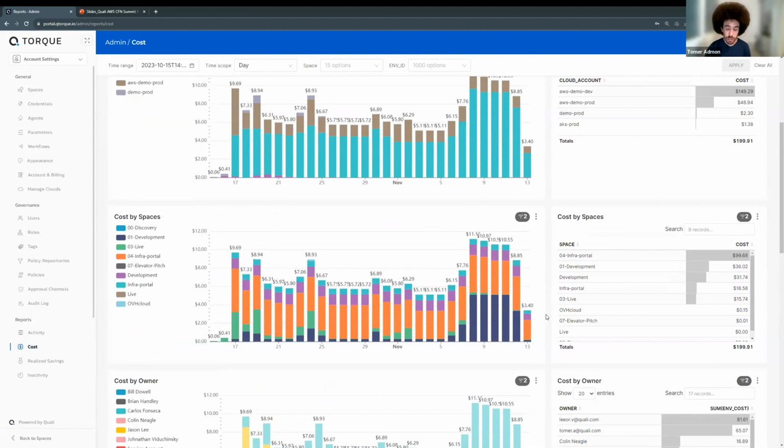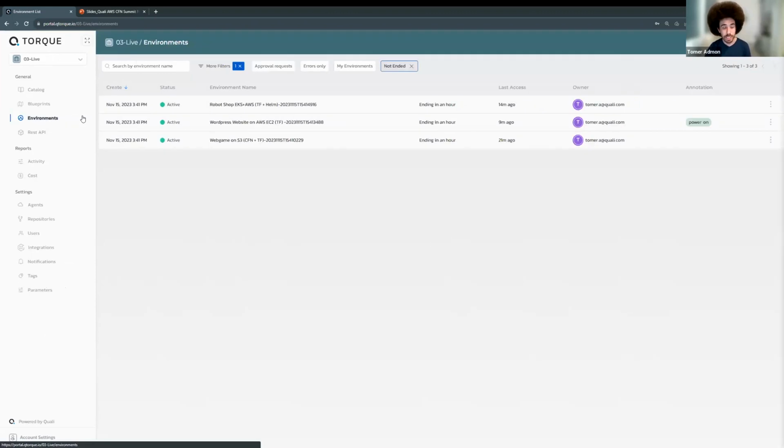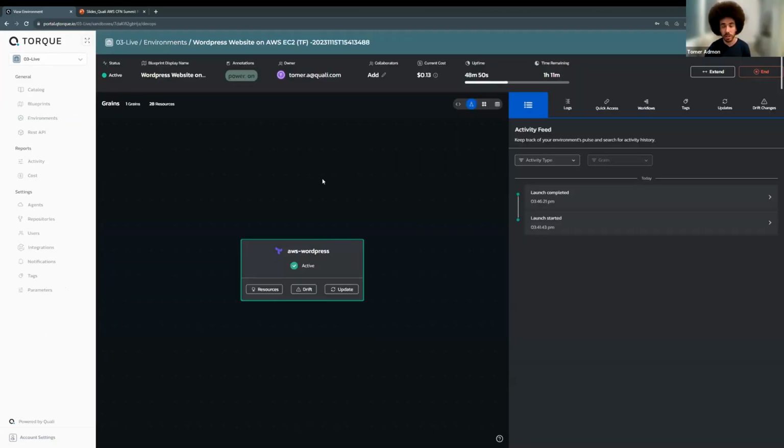Now, using Torque, we are also adding optimization capabilities and abilities to really save some money for those departments and make sure we are not running out of budget. So we haven't really touched on that a lot so far, but environments that are being managed can be managing many different aspects. And sometimes we want to make sure that environments are optimized and specifically cost optimized.